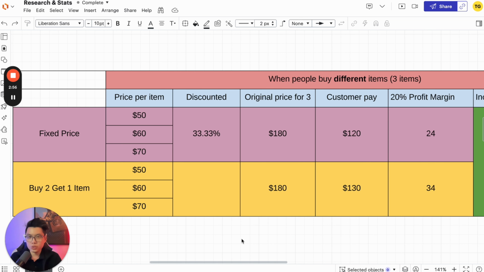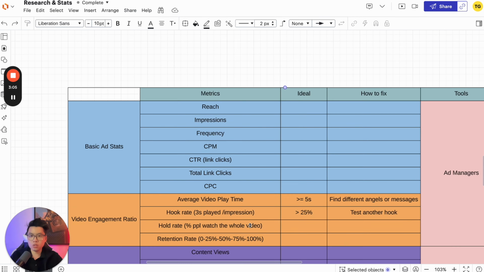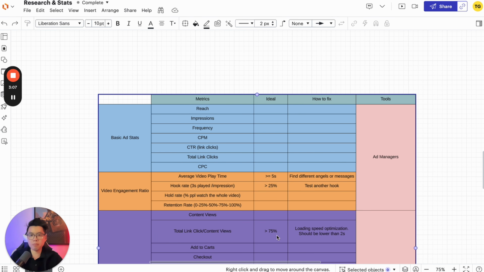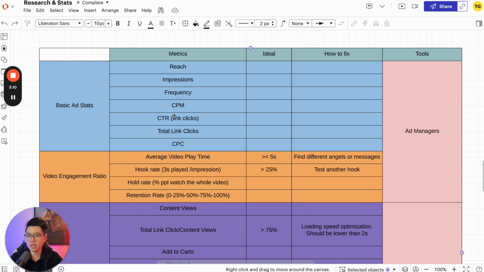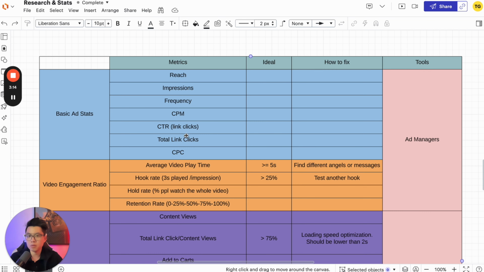You might have one question: what type of metrics should you collect in order to make those types of decisions? In order to answer that question, I already prepared this table, including all of the basic metrics that you can collect. There are a lot more advanced metrics, but let's focus on these first. You need to have these in your manager toolkit or inside your Excel sheet or whatever tools